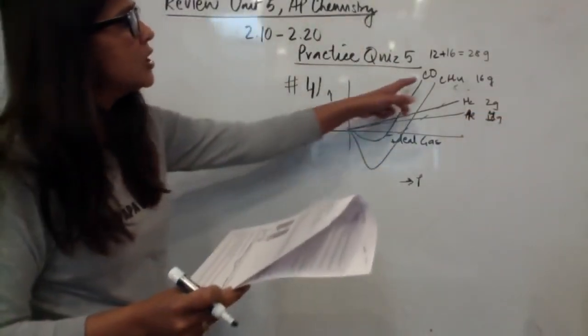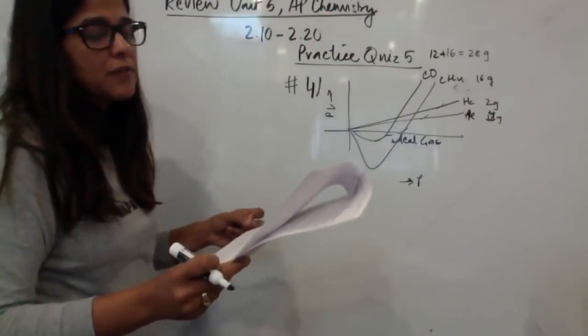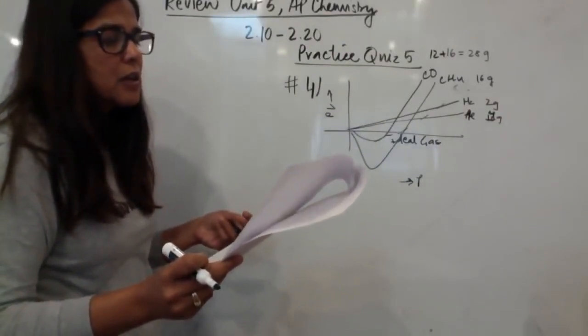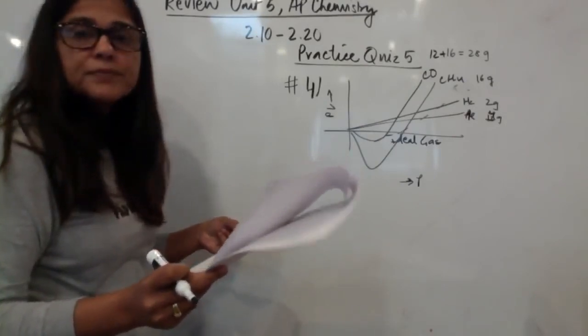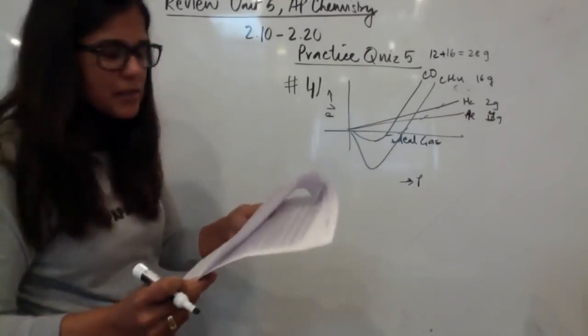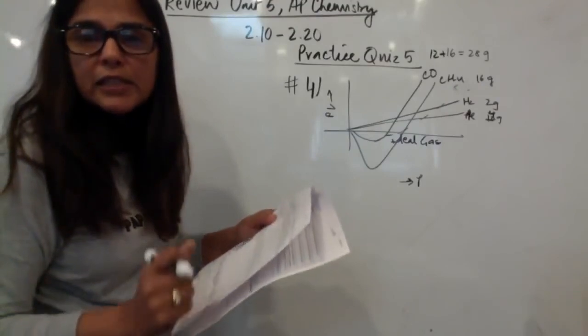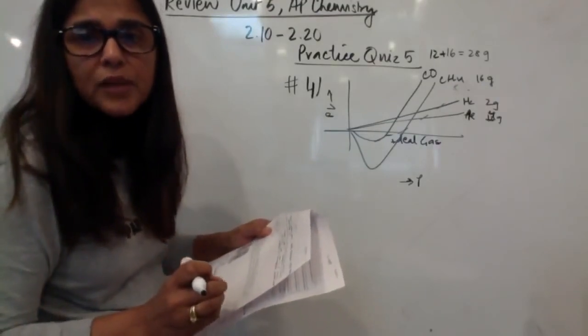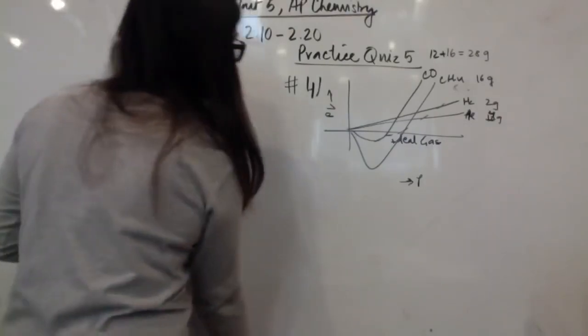And the deviation is greatest for CO because of the highest molar mass, and it is deviating the most from ideal behavior. The mass is where it's going with it. That is the question that's asking. Okay, Jocelyn. Then question number